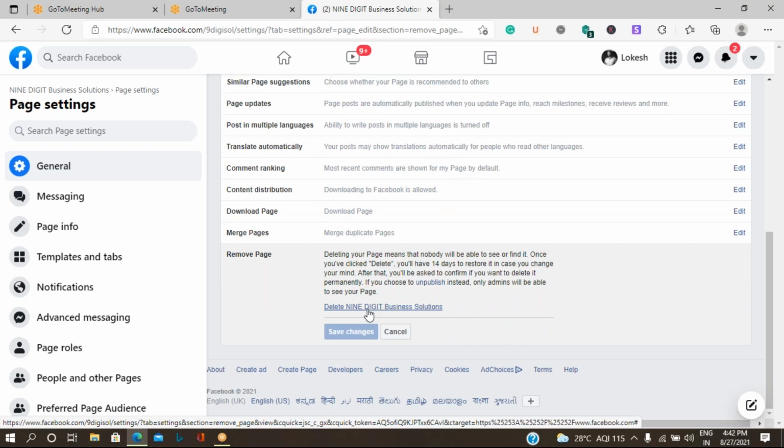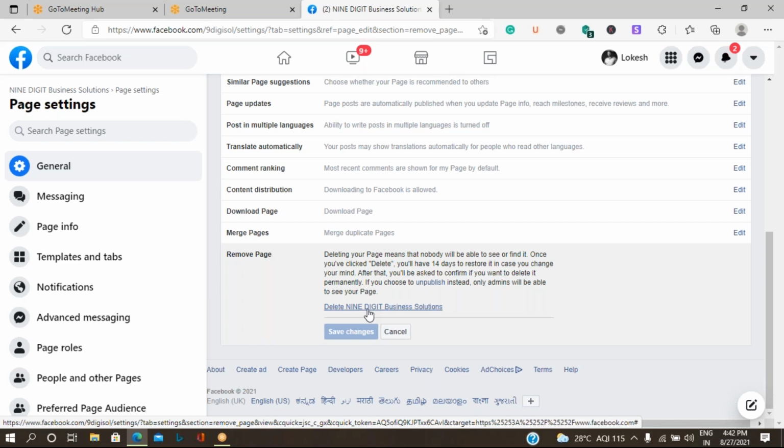If you have created any posts or done any activities, you will get a notification that it will take 14 days to get deleted. Within these 14 days, if you are not active, it will get deleted permanently.